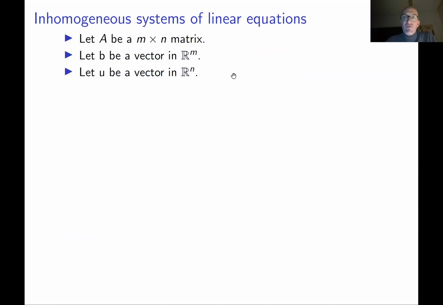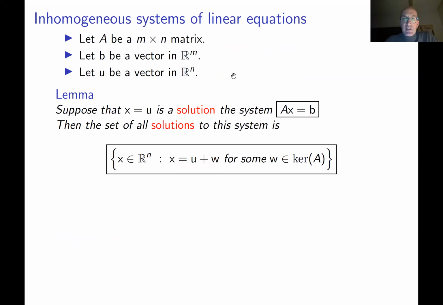Okay, now the non-homogeneous system of linear equations, which we started with. If you have an m times n matrix A, some vector b, and some vector x, and suppose you want to solve the system Ax equals b. This is a shortcut for our original system of linear equations. We just rewrote it in matrix form. So you want to solve this system of equations.